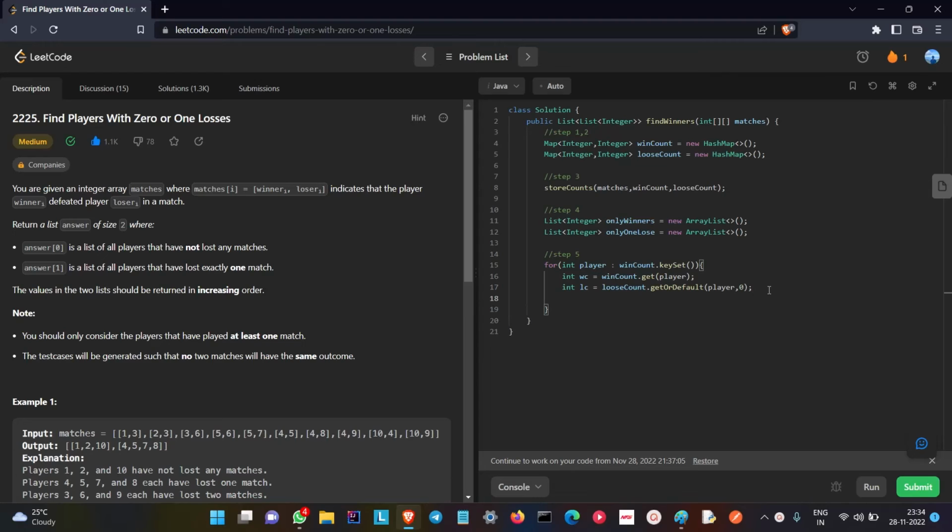So win count will assure that there is at least one win by the player, so we don't need to check the win count. We'll check whether lose count is 0. If lose count is 0, we can surely add the player to the only winners list, add player, or else we don't add. So step 5 is completed, and step 6 is nothing but